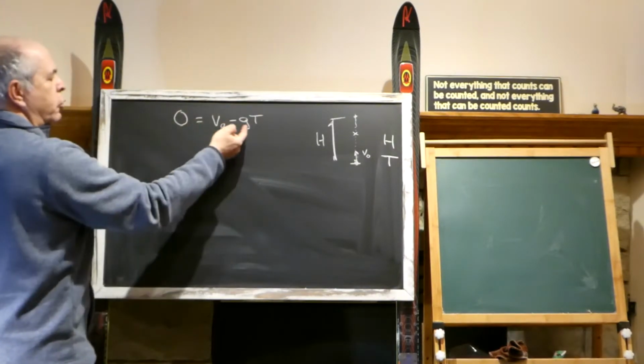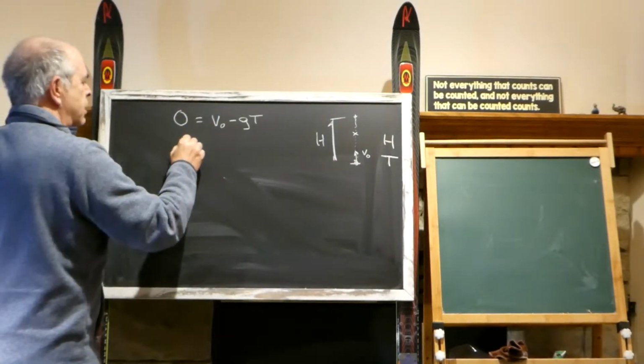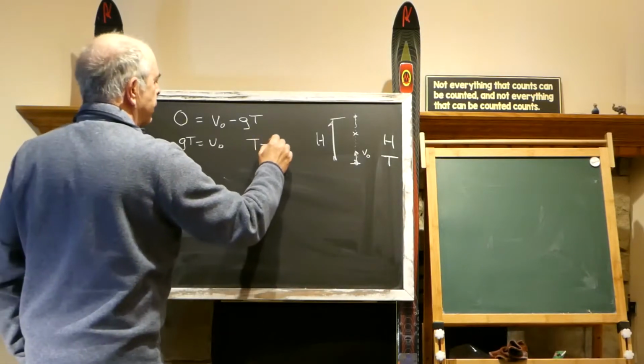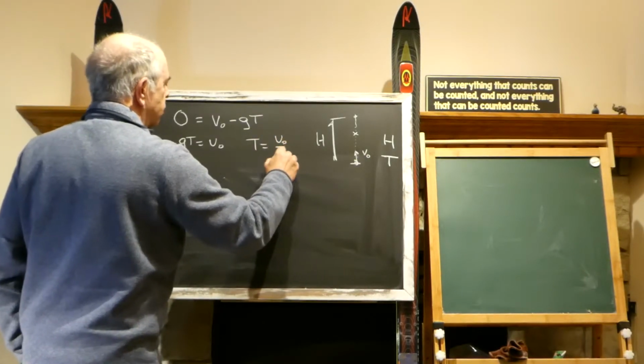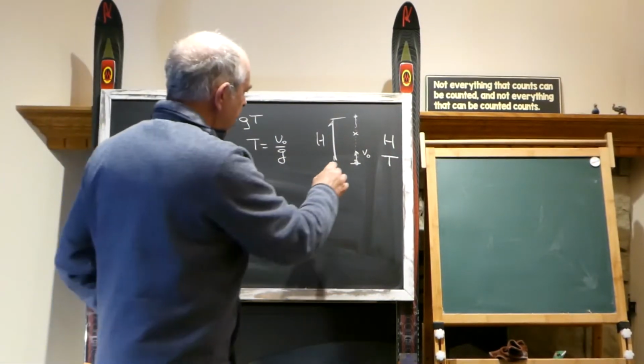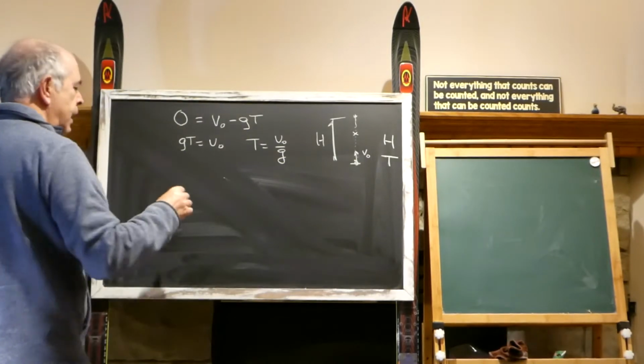And of course we can move gt here and obtain t. And let's do this. gt equals v0 and t equals v0 over g. This is the first thing. The second thing, again, we go from here, we come here, and of course we can write